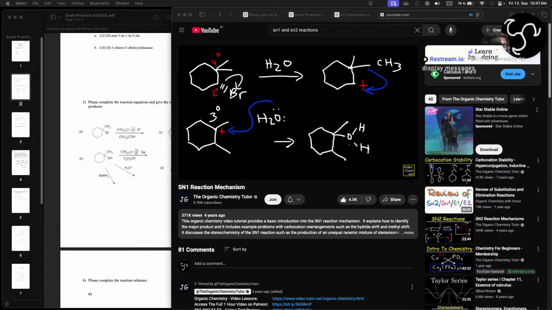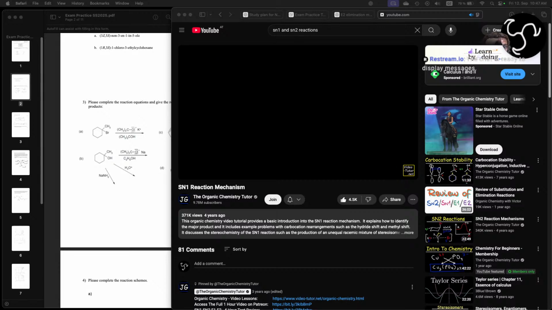And then the last step is going to be the removal of a hydrogen. So now water is going to behave as a base, taking off this hydrogen. And so this is going to give us a tertiary